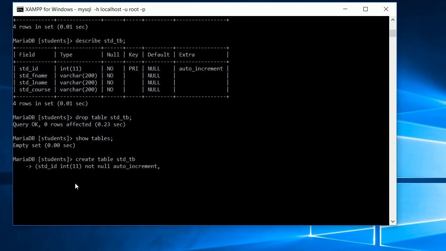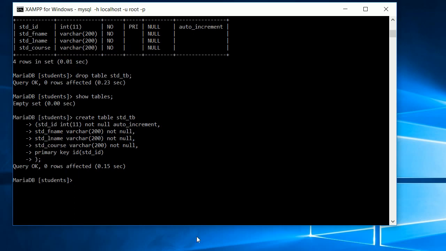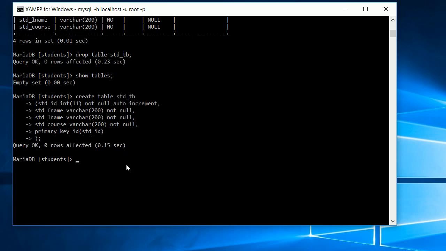Student, that's it. I'm just going to be executing these commands so that we can be on the same base. So I've already created the table again. So members, at the moment, maybe you would like to know how we can insert some values into the database. To do that, you just type insert